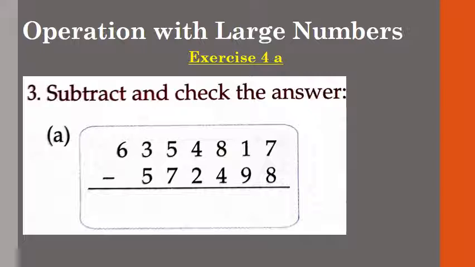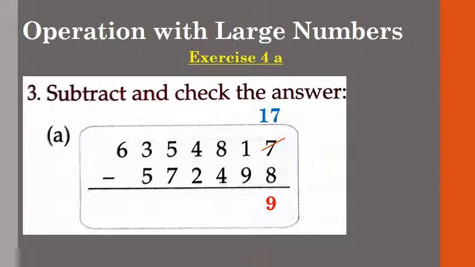We will start the subtraction from ones place. Clear? So at ones place we have 7, but we cannot subtract 8 from 7. So we have to borrow 110 from 10th place, right? So the 7 will become 17 and now we will subtract 8 from 17 and we get 9. Now at 10 place what is left? Because we have borrowed 110, so 0 is left at 10 place.